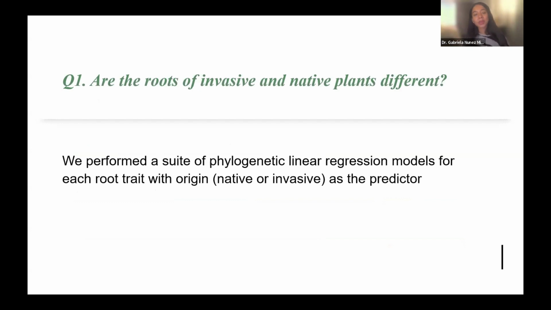So for the first question, we performed a suite of phylogenetic regression models. Basically, it's a kind of regression model or comparison between 2 groups that takes into account that species, in general plant species, are not completely independent from each other. Species are related to each other. You know, there are species that belong to the same family and the same genus. So we need to take that into account when you do analysis with such a large number of species